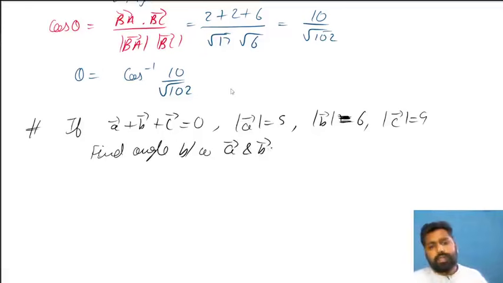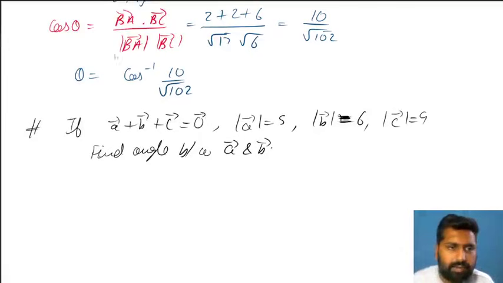Now remember from the last time what we did was we took the magnitude of this, a plus b plus c is 0 vector, so magnitude is 0, squared it, so we generated a dot b, b dot c, c dot a. This time we don't want that, we only want a dot b. Why? Because in order to find the angle between a vector and b vector, what do we really need? The dot product and their magnitudes. Magnitudes we already have, the magnitudes of a and b. We only need the dot product a dot b.